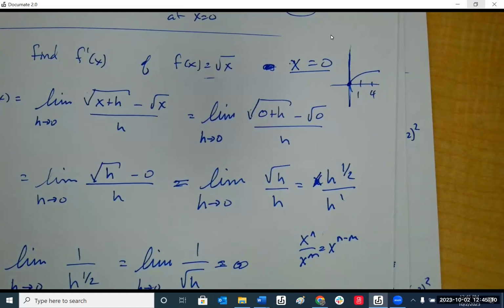No. Is that example 4 or 5? 5. Okay, now let's look at